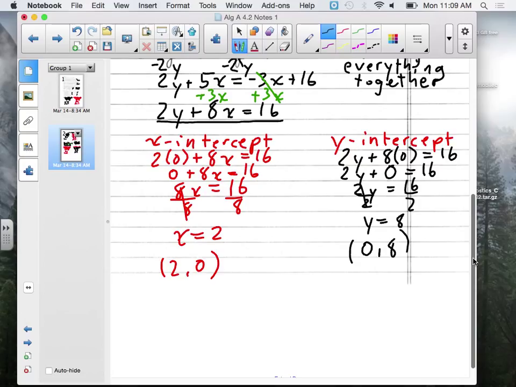How are you supposed to show your work on your homework? Good question. For the graphs, for the x-intercept, you just have to write x-intercept is whatever, and y-intercept is blank. Yep. And then for ones where you're asked to find the x or y-intercept algebraically, you just can have x equals